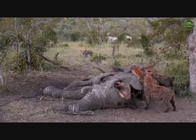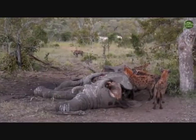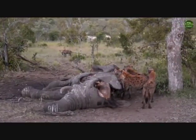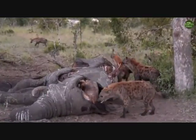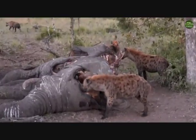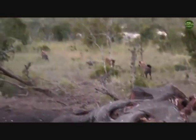But like I say, even though it's very sad that the elephant is dead, it is an amazing opportunity for a lot of other animals to benefit from it. So even though it's sad, there are some good things about it. These animals like the hyenas and the flies that are here that lay their eggs, and the maggots feed off this, as well as things like jackals and leopard and all kinds of...